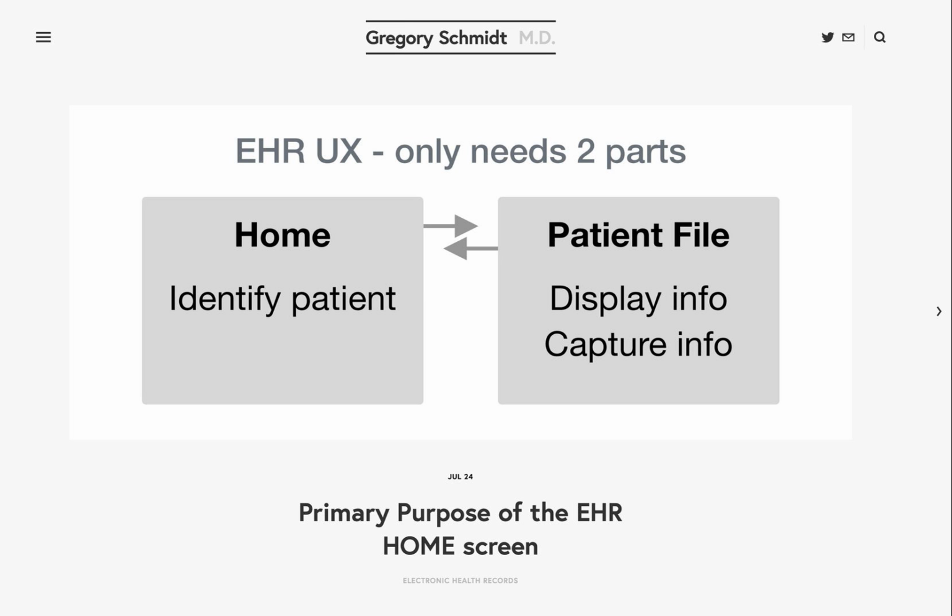It's now time to consider what the primary purpose of an EHR home screen is. What should the EHR home screen look like? Well, I actually don't know the answer to this. Home screens are really complicated because it's difficult to imagine what a single best home screen is, just given the